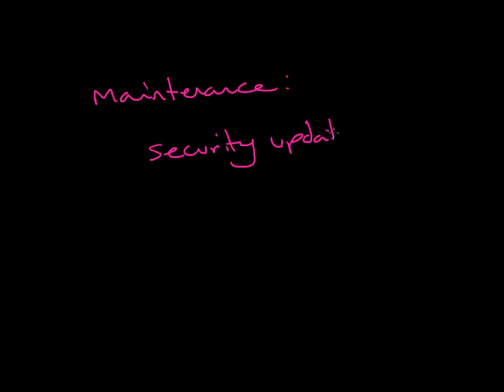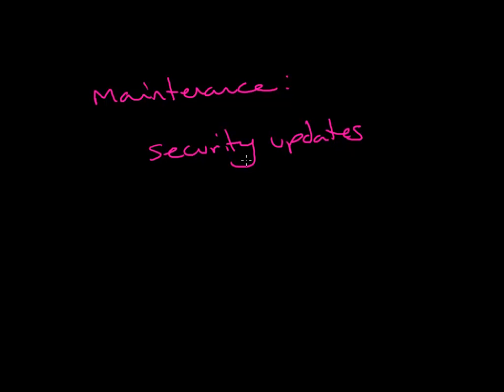The final thing that we're going to look at is the maintenance of computer systems. And the maintenance is, once you've released the software, once you've got the computer system working, maintaining that in good working order. And so maintenance of a system may involve replacing hardware that fails. Maintenance undoubtedly will involve security updates. Some of these might automatically update themselves, such as in your operating system that you use at home. Some of them on software you may have to actively go out and find, is there a security update, and regularly you'll be doing that, or you'll be receiving emails to tell you that there is a security update which